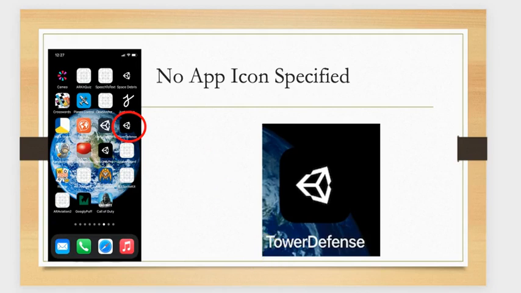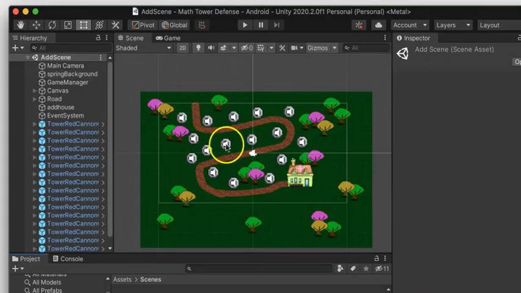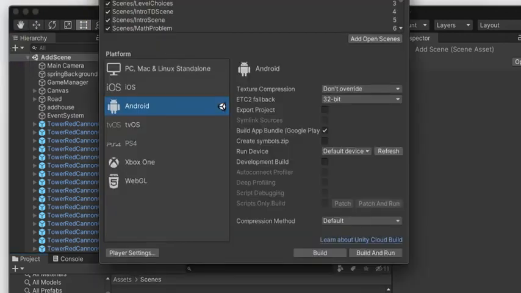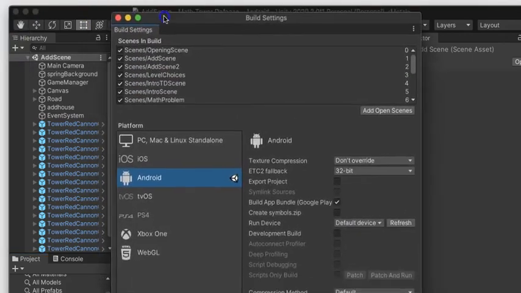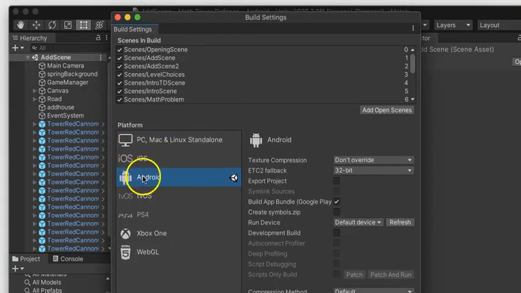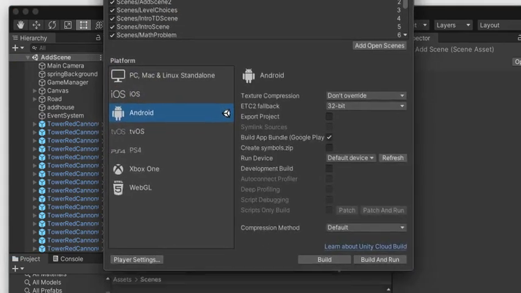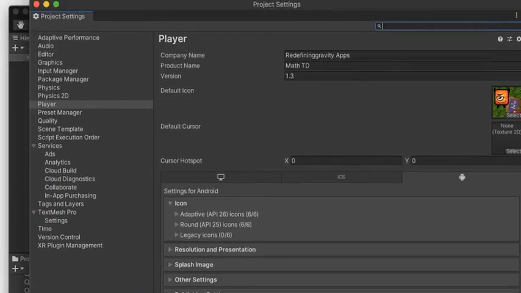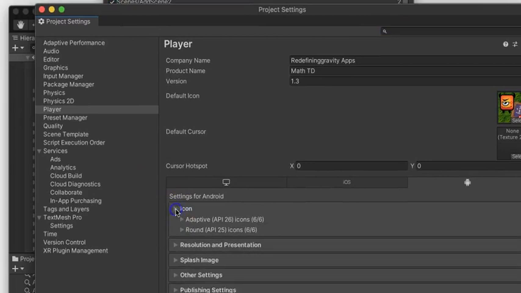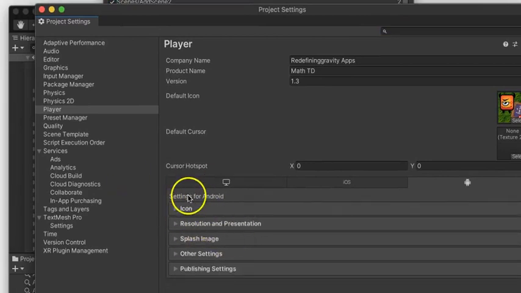So let me first open Unity, and from here, you're going to go under File and Build Settings. And the build settings menu looks something like this. It's where you would specify iOS or Android. And then in the bottom left corner, there's a player settings. So go to player settings, and then there is a section icon right at the beginning,